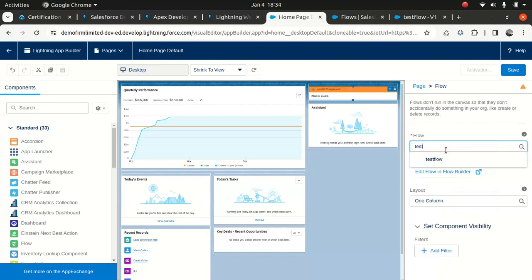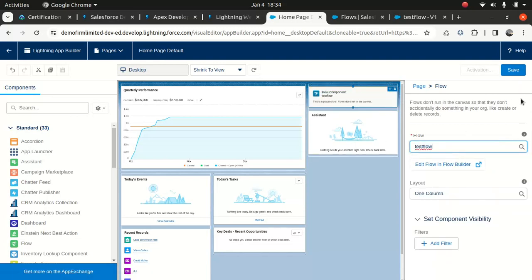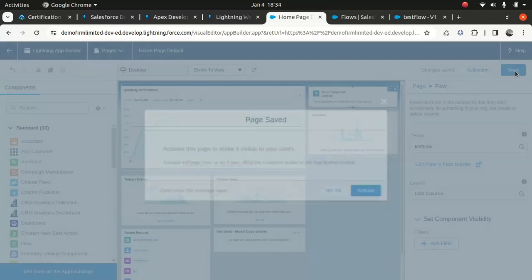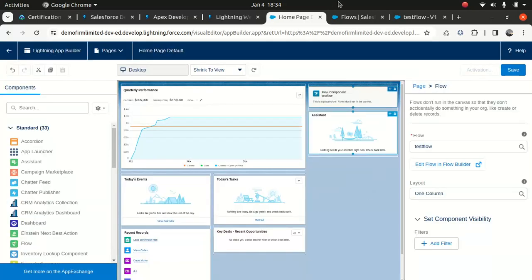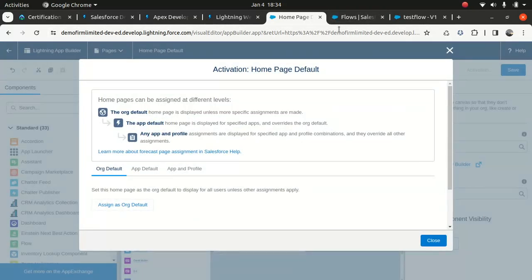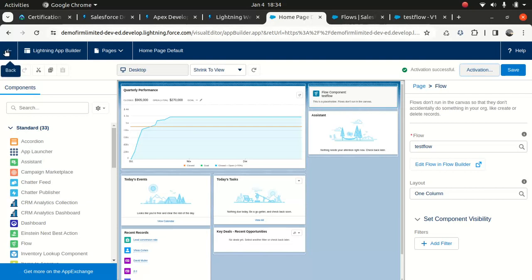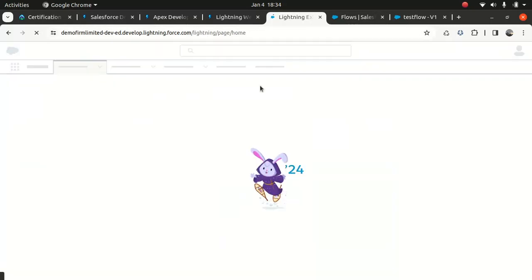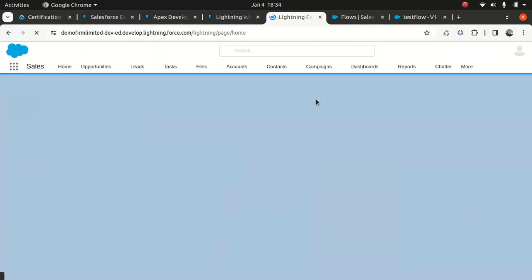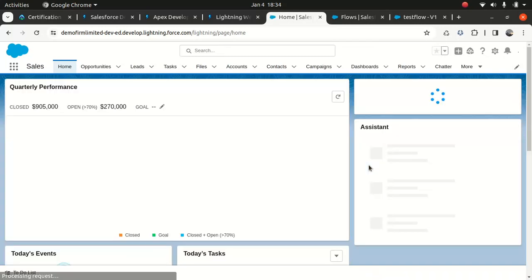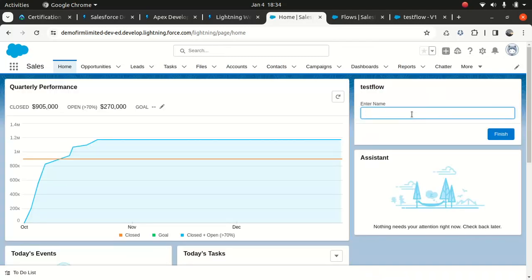Test flow, save it, activate it. Assign a default logo; don't worry about it for now. Just wanted to show you how easy it is to use. Enter your name. Simple, right? That's pretty much it.